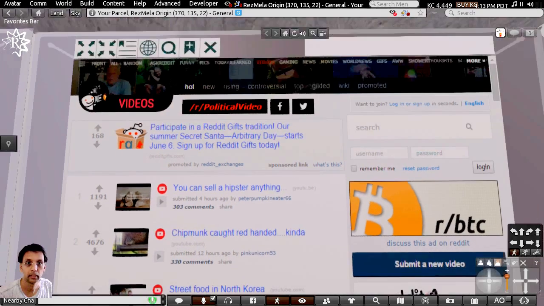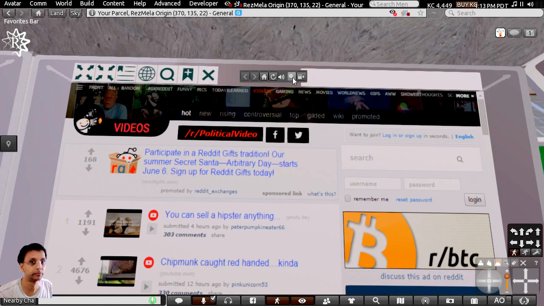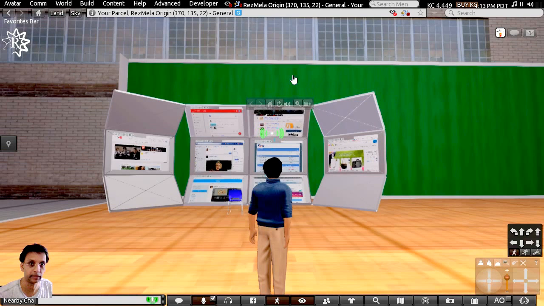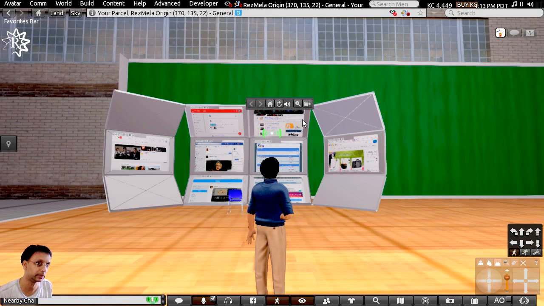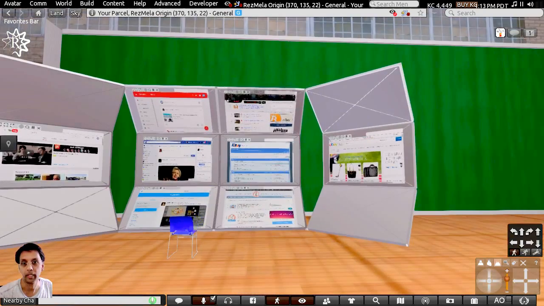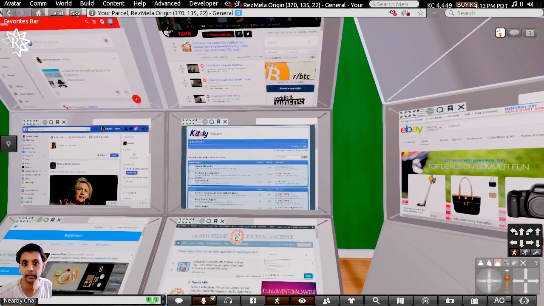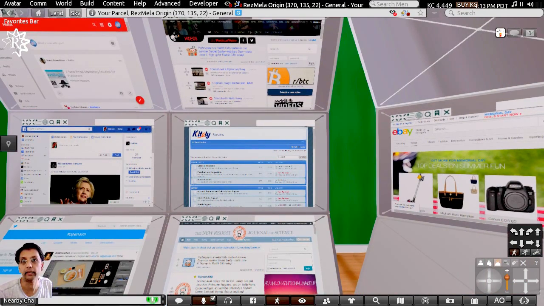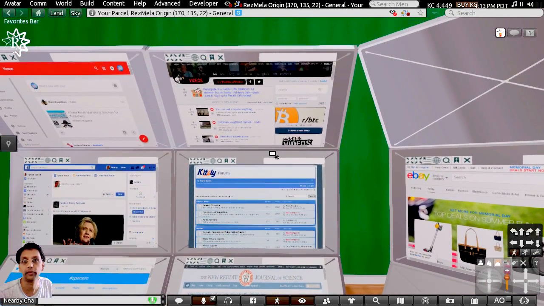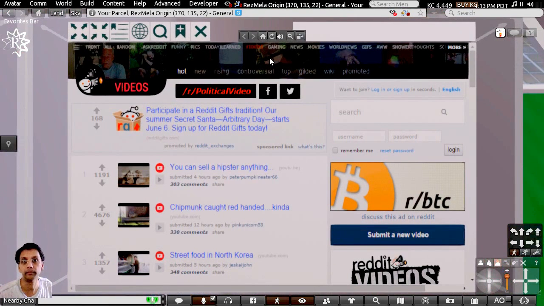What I'm trying to show you here is that first we design a display, and then place our web stickies on them, and try to use them as we would use web pages in a normal desktop situation.